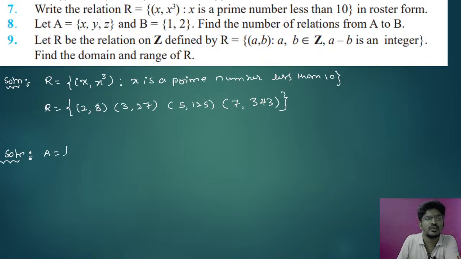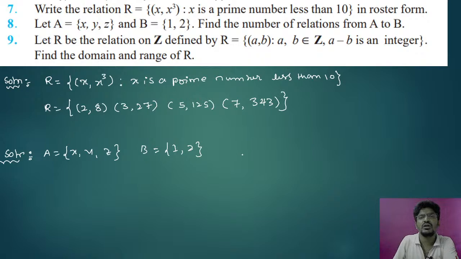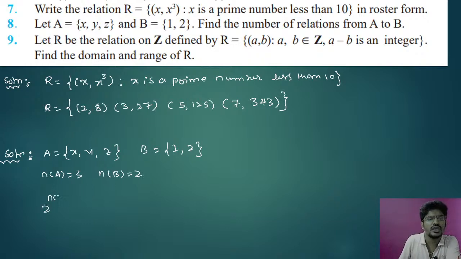A equal to {x, y, z}, B equal to {1, 2}. Find the number of relations from A to B. So already you know n(A) has 3 elements, n(B) has 2 elements. So now the number of relations is 2 to the power of n(A) times n(B). Therefore 2 to the power of 3 times 2, that is 2 to the power of 6, that is 64